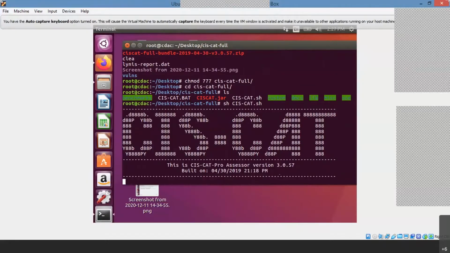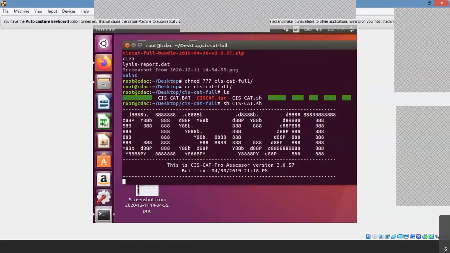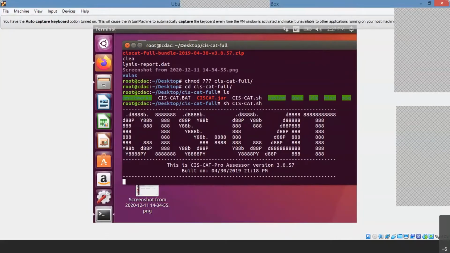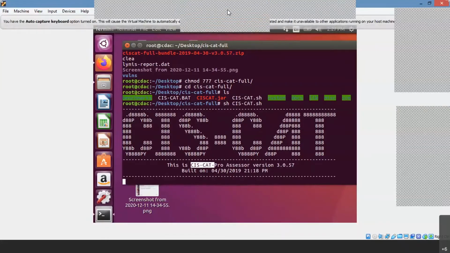I think it takes some time to give that GUI mode. Till it got executed, install.